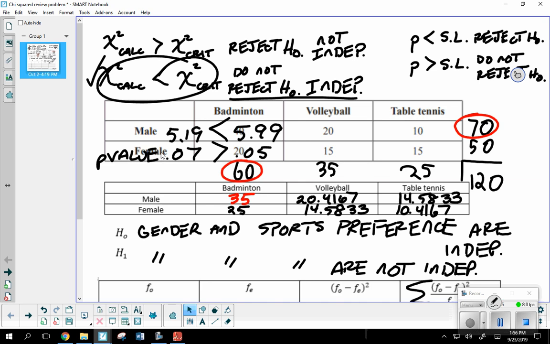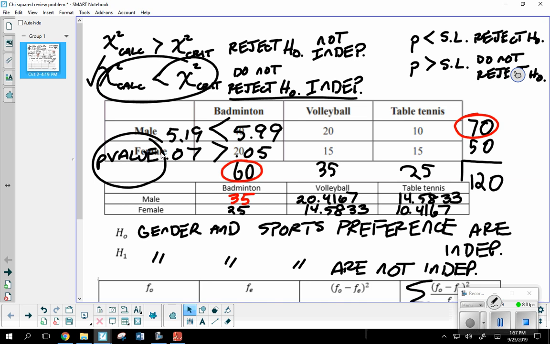Okay. All right. And like I said, normally you probably won't ever be doing anything with the p-value. Last year on paper exam, I think it was one, or I can't remember which one it was, but they did not provide the critical value, but they still expected the student to say, yes, they're independent, or no, they're not independent. And it came down to that. So it's something that you're probably, it's not going to be at the top of your list, but definitely something that we want to remember. Okay, it's another check.